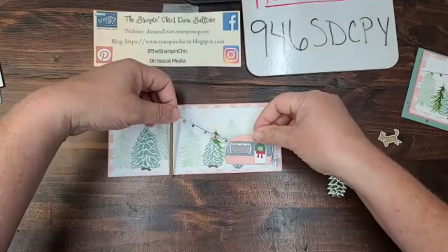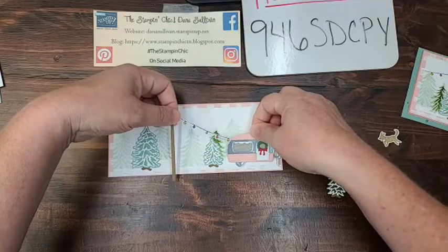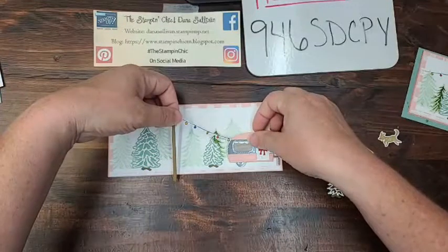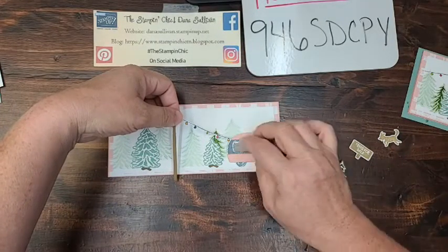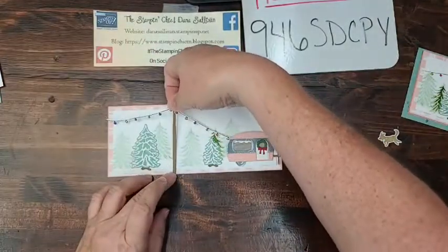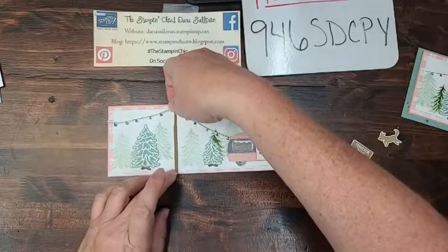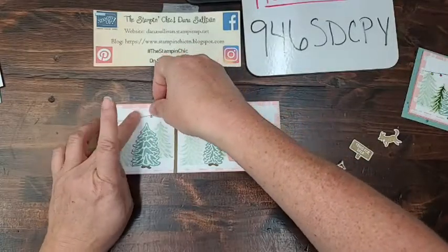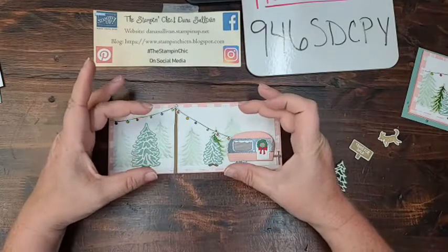Now then, I really need to set my camper down first, because that kind of dictates where everything else goes. And I'm lining up my camper with the wheel here, and I want the hitch over the edge of the paper. So I've been talking with some of my girls about the reason for doing things like that, and it basically boils down to making your project interesting, because you have a section here that is considered the front of